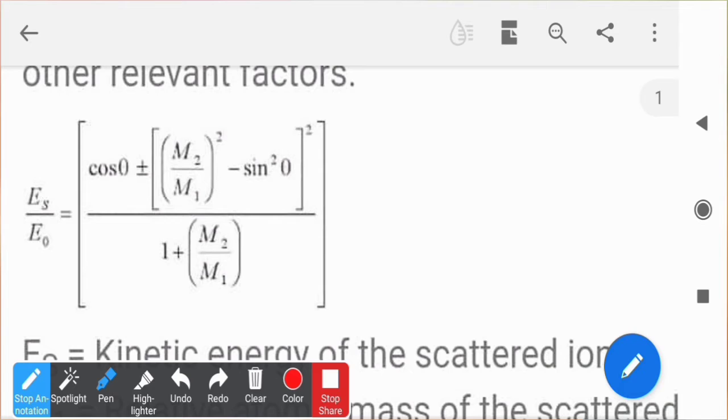determination of ions? The principle is the same as that of Rutherford backscattering. Here again we are going to determine the scattered radiations, but the difference is that in Rutherford scattering we apply a higher voltage for the incident radiations. In Rutherford scattering we are applying a high voltage of around 0.5 to 2.5 mega electron volts.